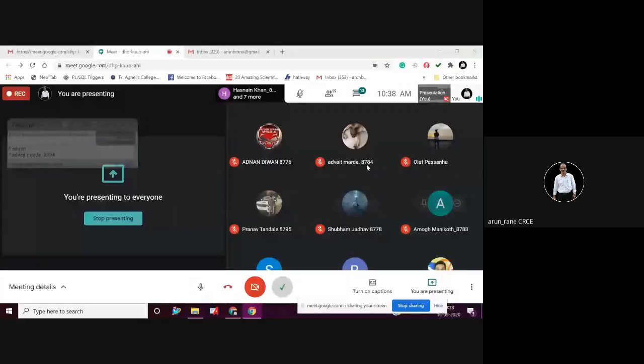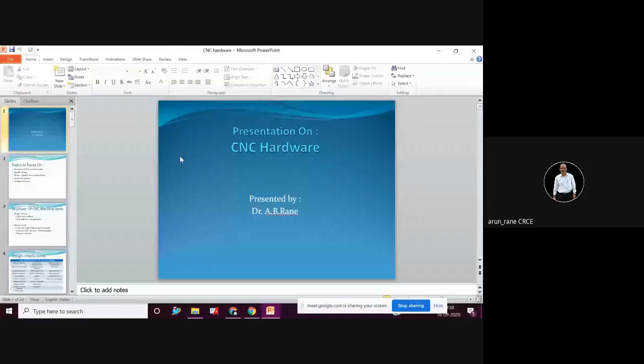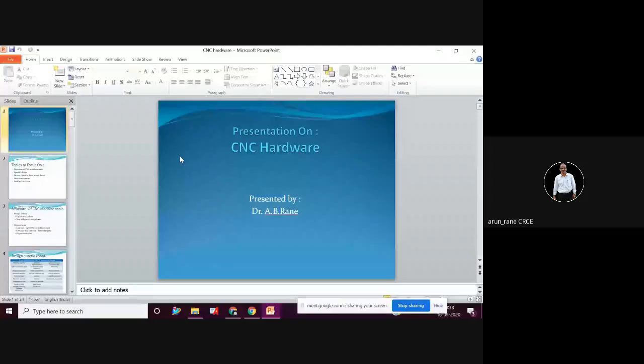because the CNC programming consumes time, and you will get good marks also, because there will be two programs, 20 marks. Or if it is three programs, then it can be around 30 marks. Three programs means one program on CNC lathe, another on CNC milling, then third on APT. But minimum one program, maximum three programs. So 30 marks. So let's now learn CNC hardware.